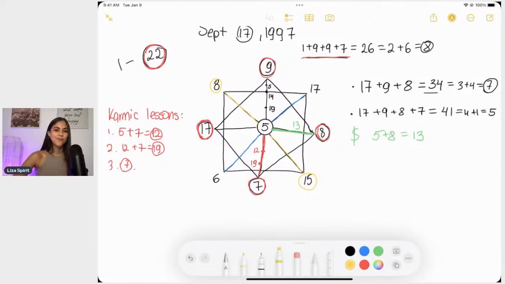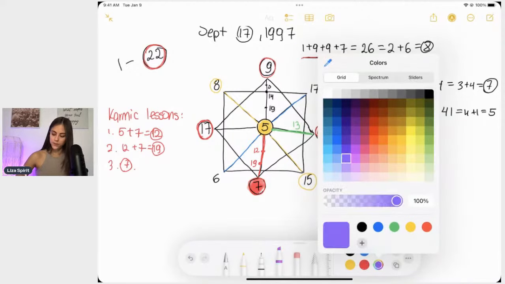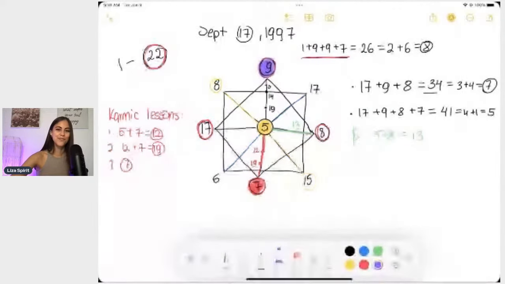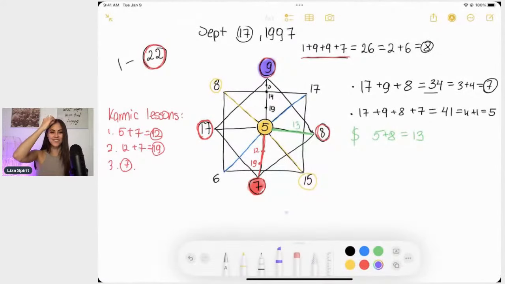So the main one, we already know. It's number 5, right? It's the center. It's the sun. That's our 3rd chakra. Then we move to, I don't know, we can start from the bottom. We just start from the bottom and we go up, right? That's the 1st chakra. And you just keep going up and up, meaning that on top, number 9, I'll do it in purple. I'm doing them in colors based on chakras colors, right?